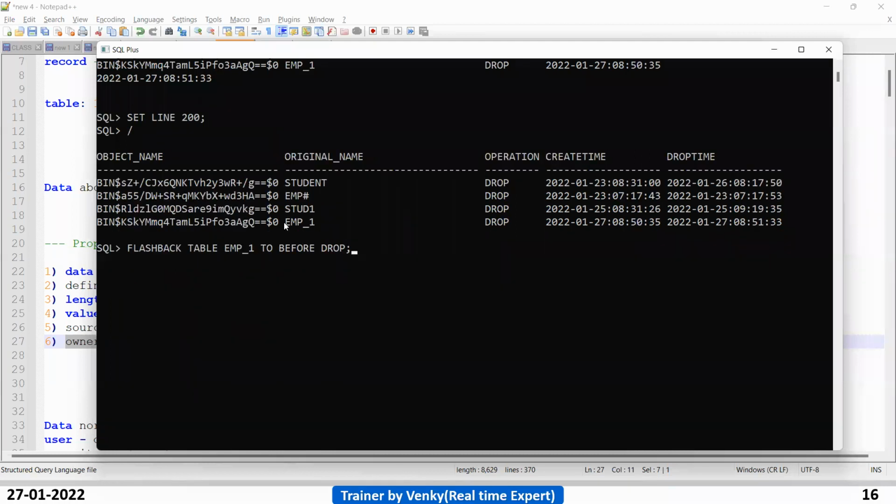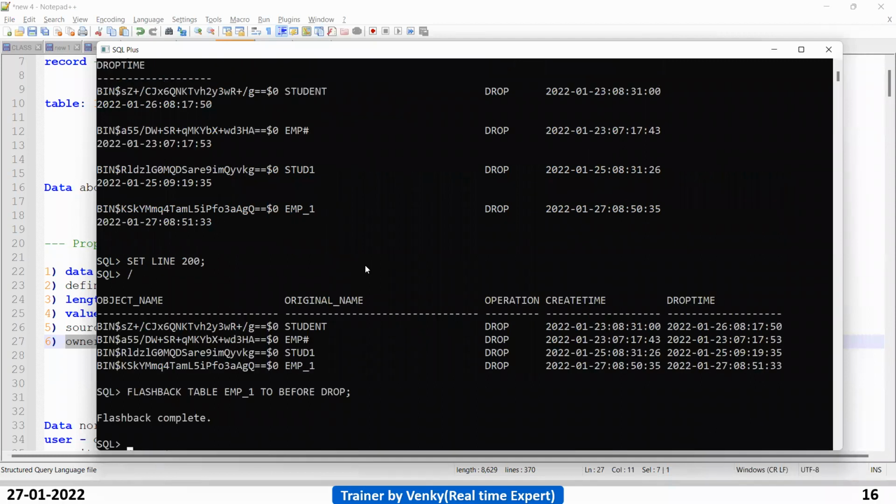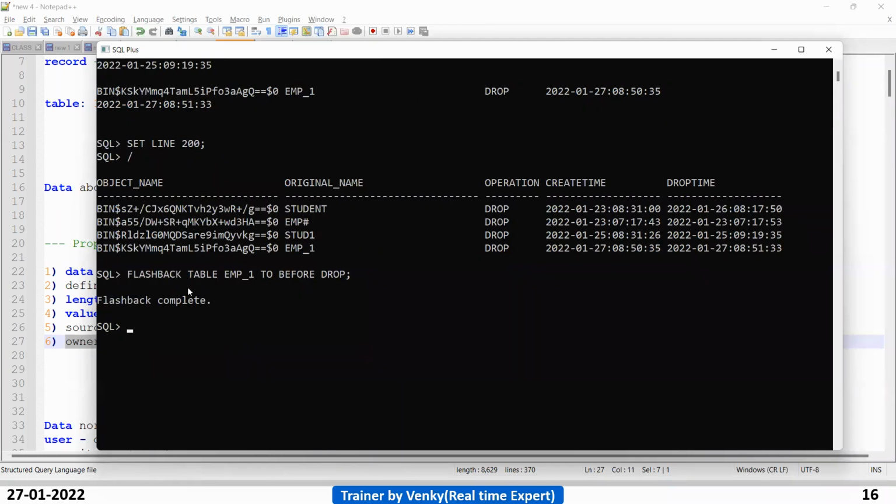If you just understand it as English, it will be very easy. What are we doing? I want to flashback the table called EMP to before drop. The same thing I wanted to drop, sorry, I wanted to flashback it. So before drop. The table is flashed back.